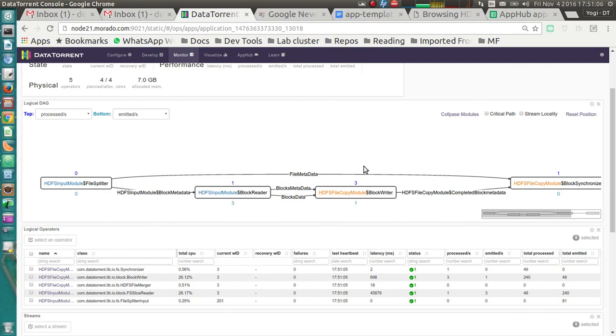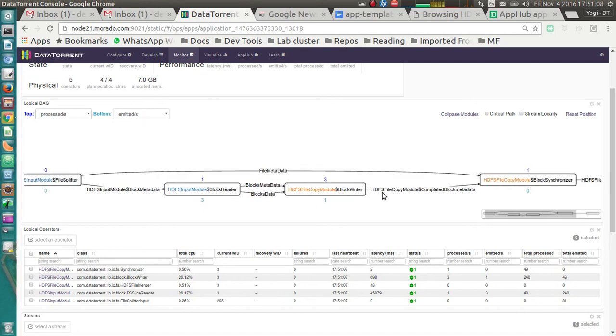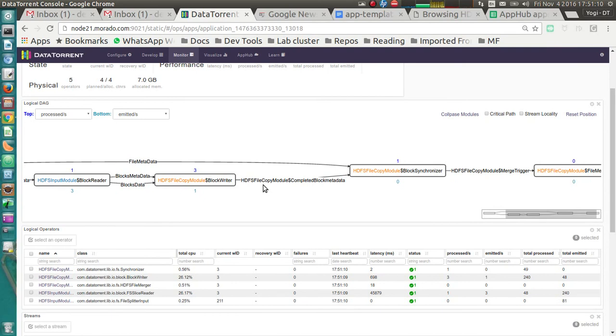Block writer writes that data onto HDFS under the apps directory. Block synchronizer waits for all blocks to be written to HDFS and sends a trigger to the file merger.